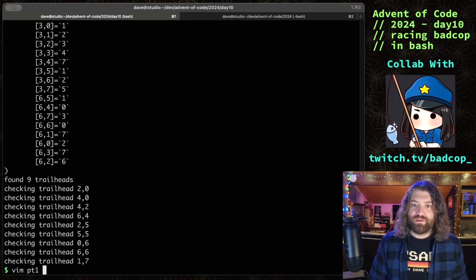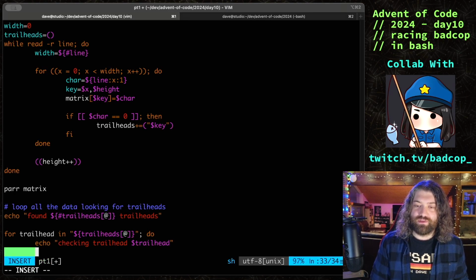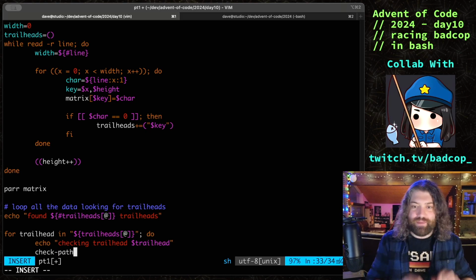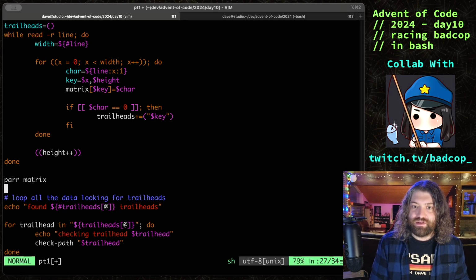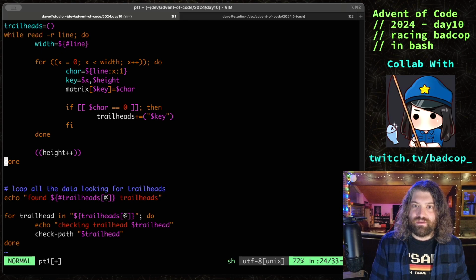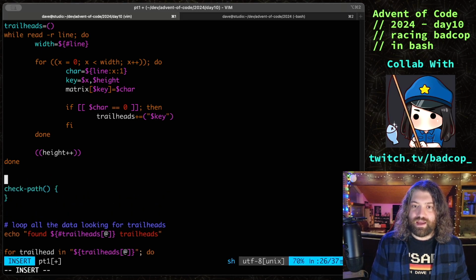Cool. So now we'll go through and check all those trailheads. Now that we have a location for the trailhead, we will do check path. I'm bad at naming. Check path, and we'll give it the trailhead coordinates. So we're going to make a function here called check path, and the goal of this function will be to,